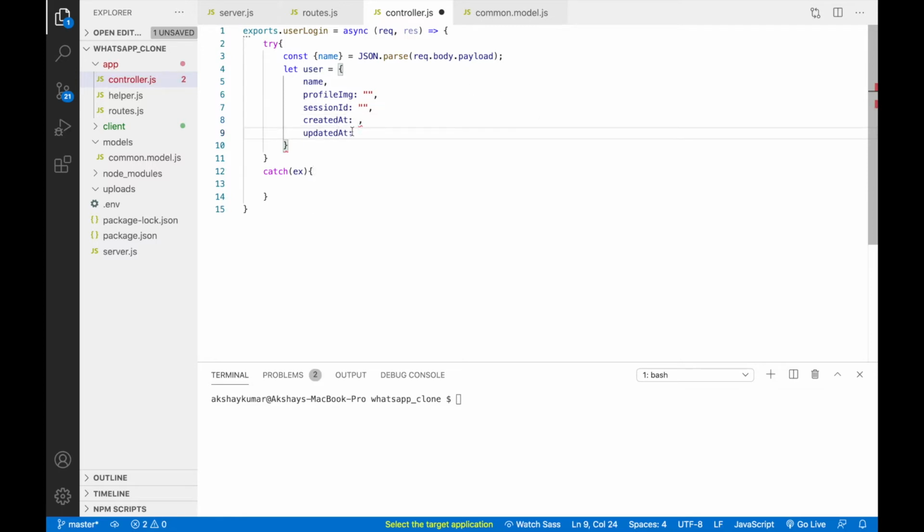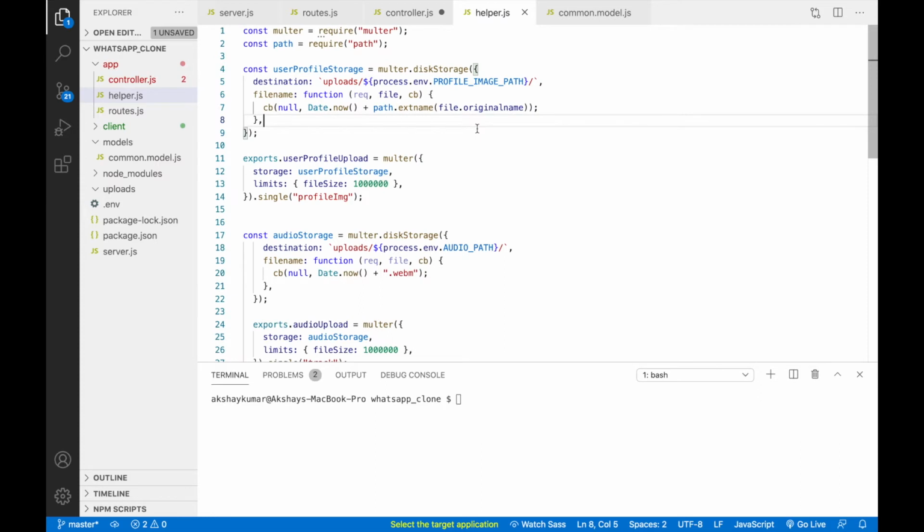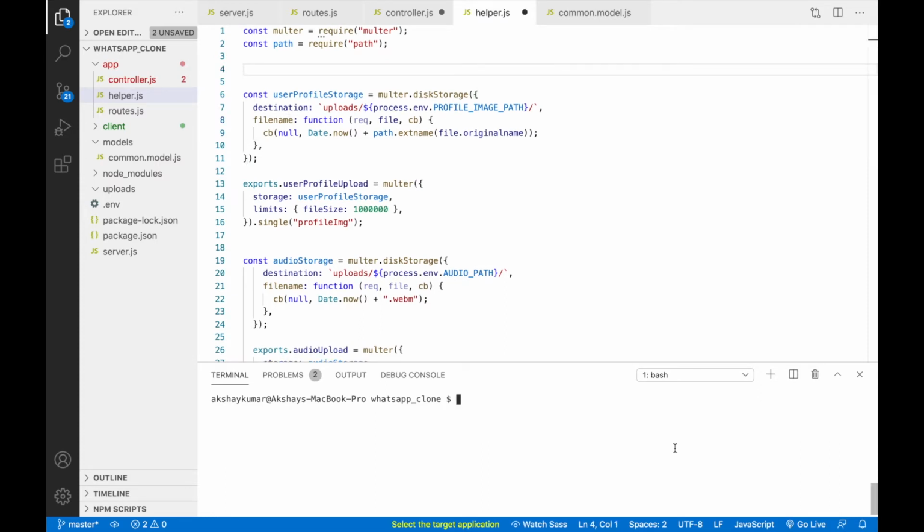So for created at, updated at, and this session ID, let's go one by one. For this session ID, we'll create one unique ID. Inside helper, we'll create one more method and install one library, that is UUID. So npm i uuid --save.